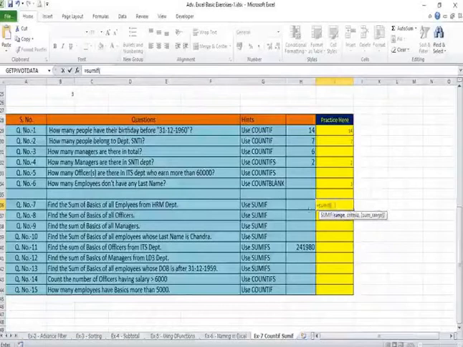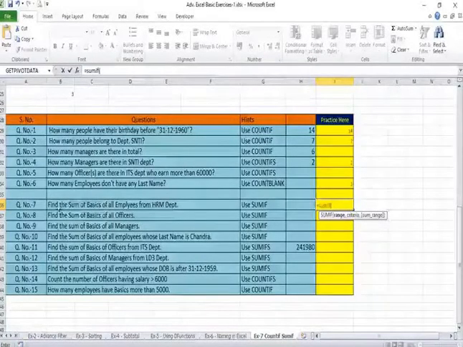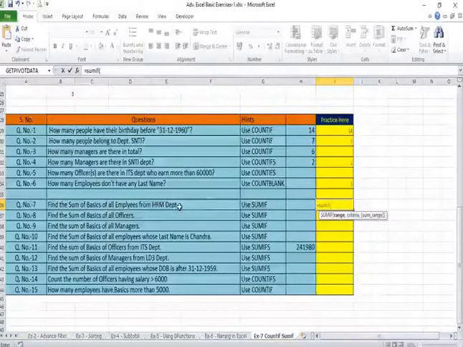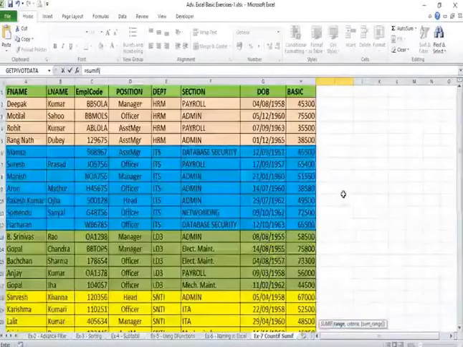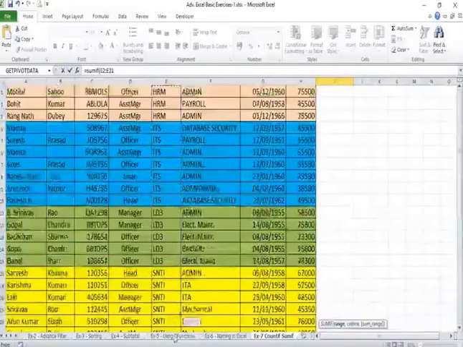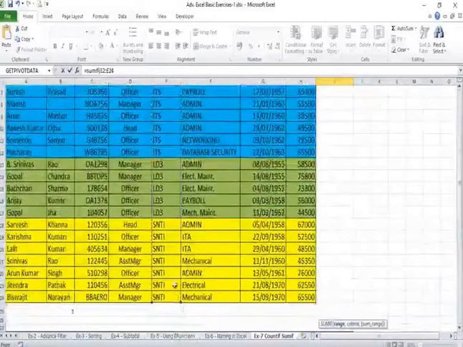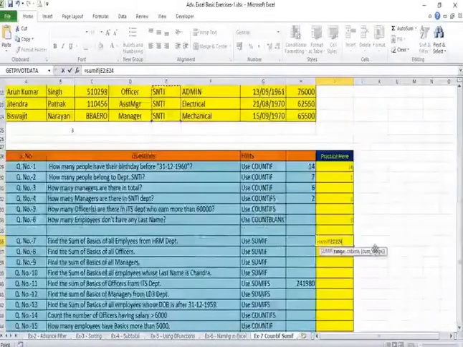So what is the criteria here? Criteria is department. We will select the department range, and then as a criteria we will use the name HRM within the double quotes, followed by the range of basic that we have to sum up. Alright. So let's go and select the department range. Here is the department range. Put a comma,